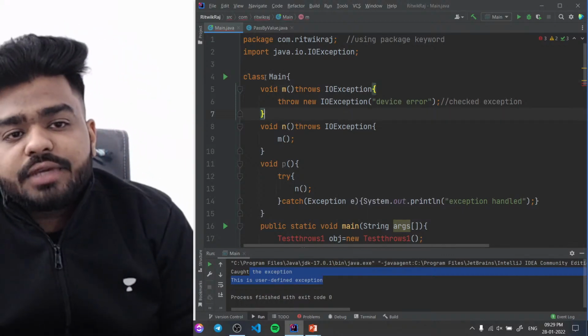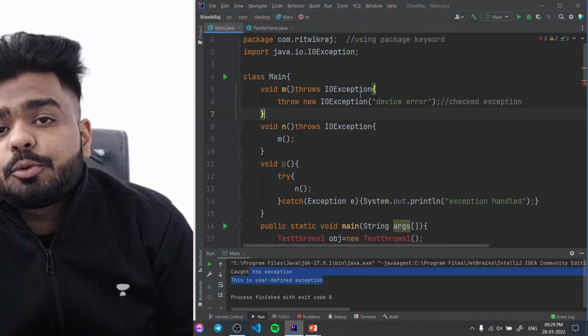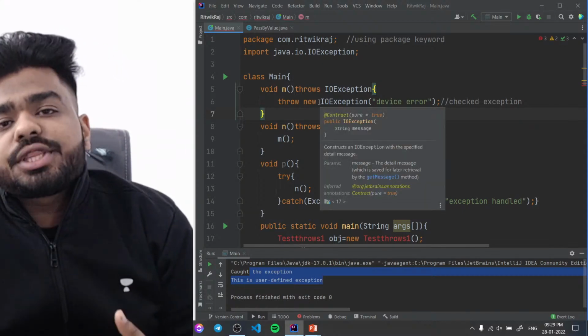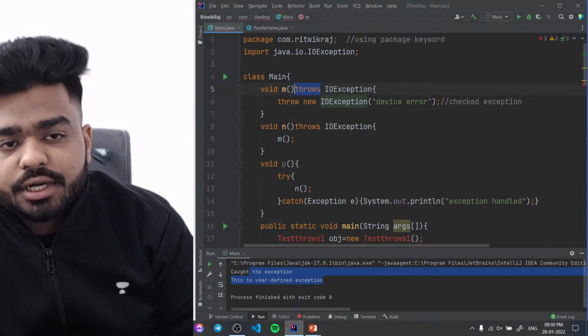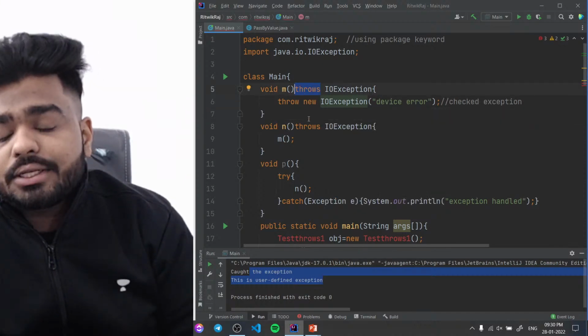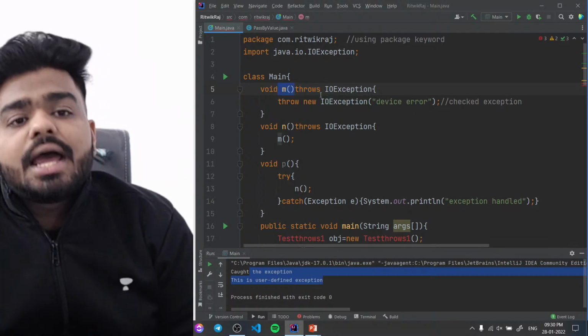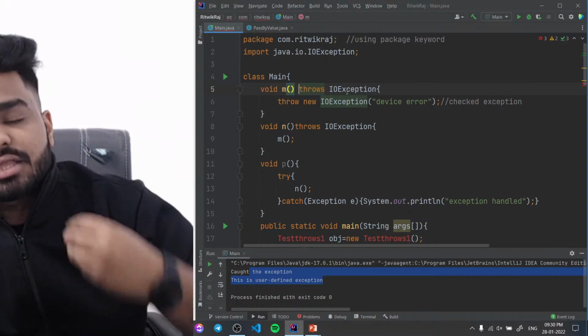Let's have a look at this. So we have a class Main and we are writing here a method which is throwing IOException. Please have a look. मैंने आपको बोला था कि आप जब भी throws keyword यूज करते हो, throws not throw, okay? Throws keyword आप जब भी यूज करते हो, you have to use it with the method declaration. So in a method declaration, I'm using throws keyword and I'm making sure कि ये एक exception throw कर